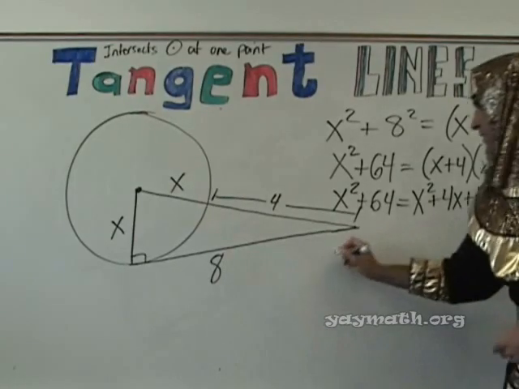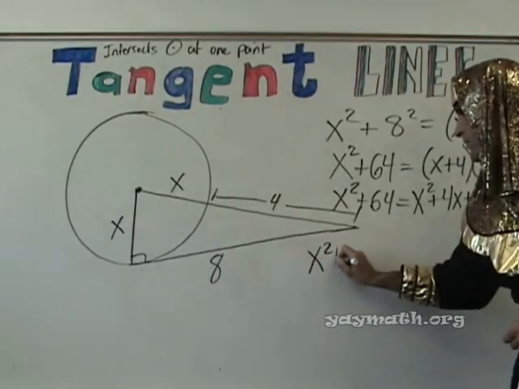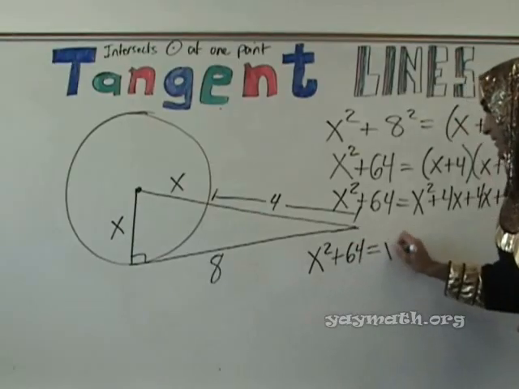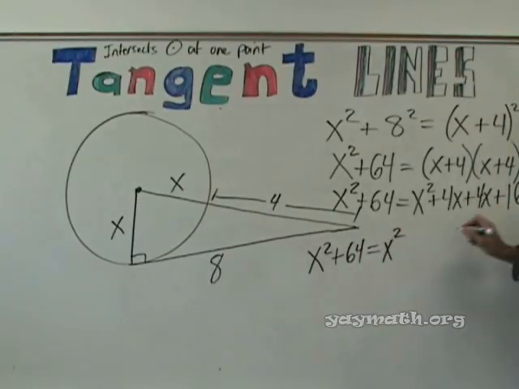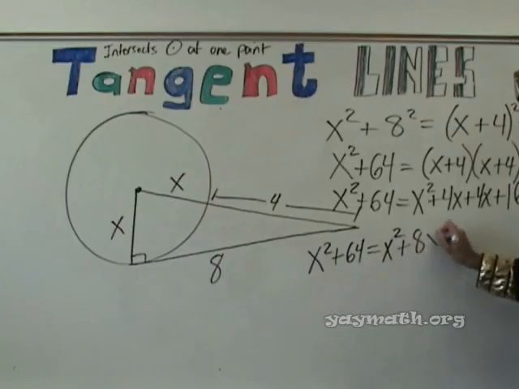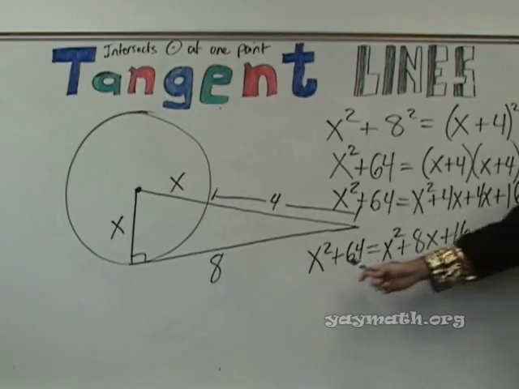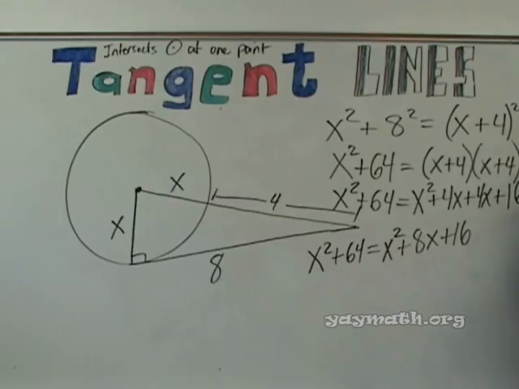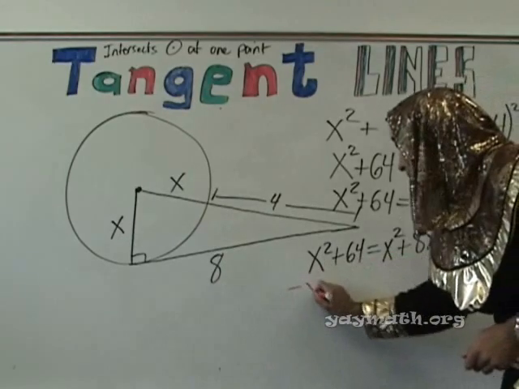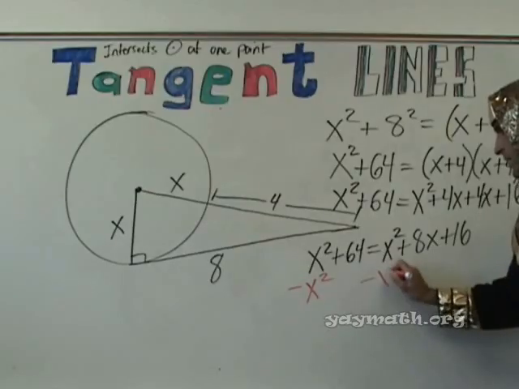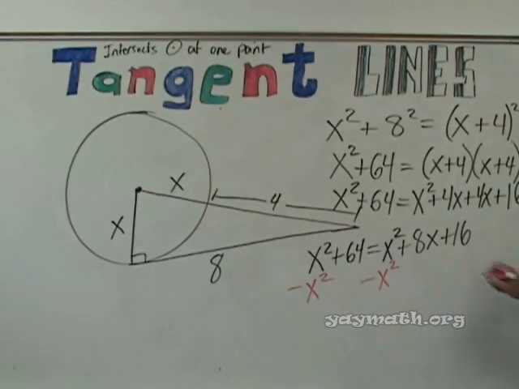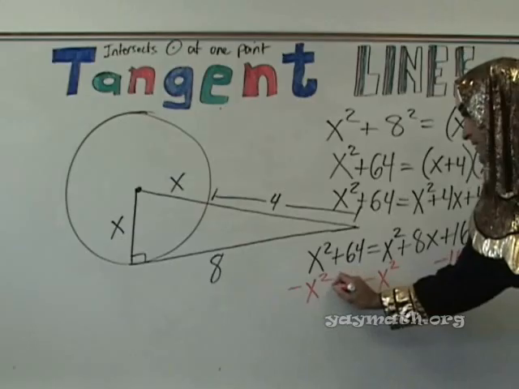Okay, and so let's bring it over to the left so that we get it all in the frame. Plus 64 equals x squared, plus 8x plus 16. Okay, and now what should we do? Subtract x squared. Let's subtract x squared, yeah, and we can do 16 as well. I'm going to do that both in one step. Minus x squared, and let's subtract 16 on both sides too, per your suggestion. Minus 16,